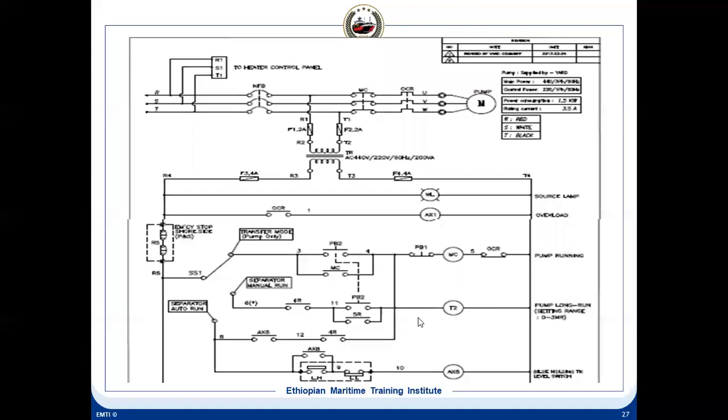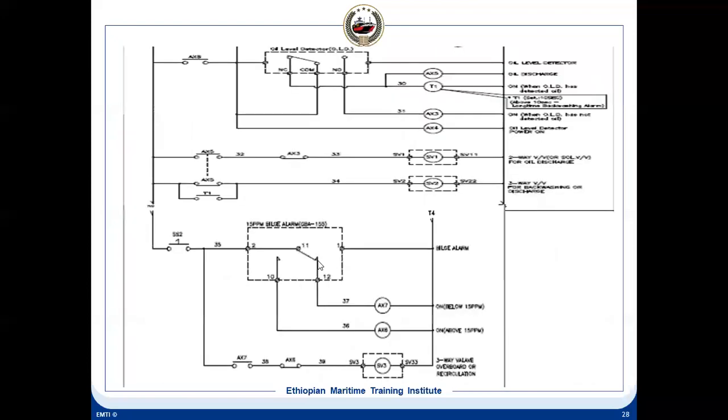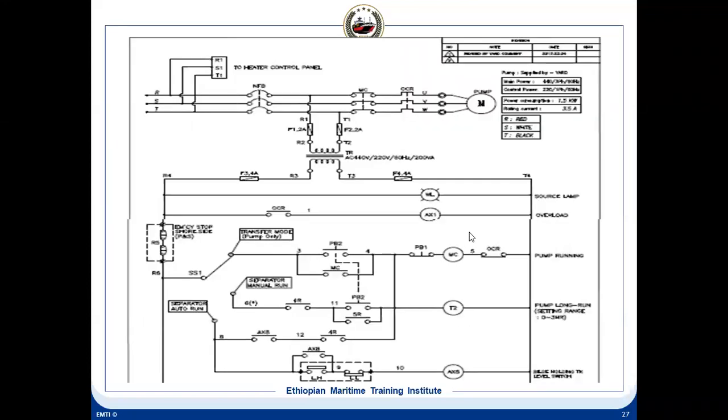The main points here, I'll make a small diagram and send it to you, but let's see what are the main things in this. We'll not go by the small ones. First thing you should see here is the overload, overcurrent relay. That means whenever an overcurrent flows, this relay will get energized and it gives an alarm. And here this is pump running. Pump can be run in manual mode or automatic mode. Automatic mode means it is through the level switch. Now this is the bilge holding tank level switch.